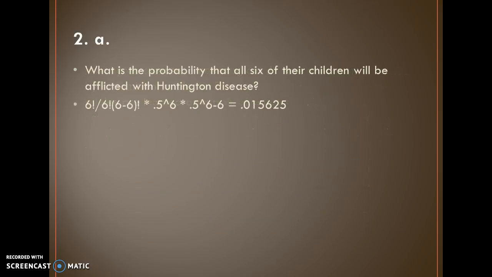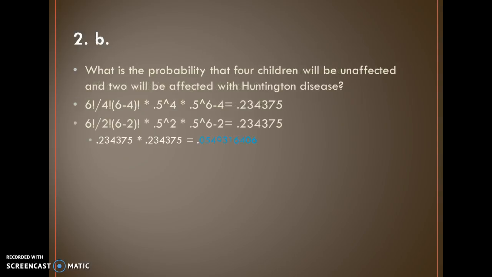Alright, 2A. So what is the probability that all 6 of their children will be afflicted with Huntington disease? So we're going to use binomial expansion, and we set it up like so, and our answer is 0.015625. 2B. What is the probability that 4 children will be unaffected and 2 will be affected with Huntington disease? So again, we're going to use the binomial expansion, and since we use and, we're going to take our 2 answers from our 2 separate binomial expansions and multiply them together to get the probability of